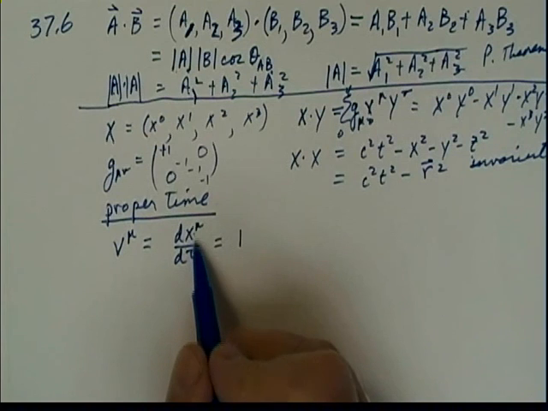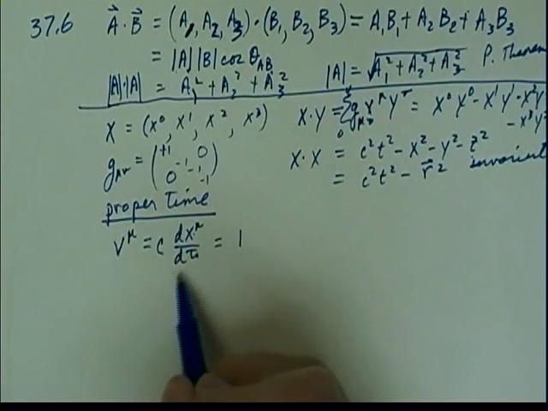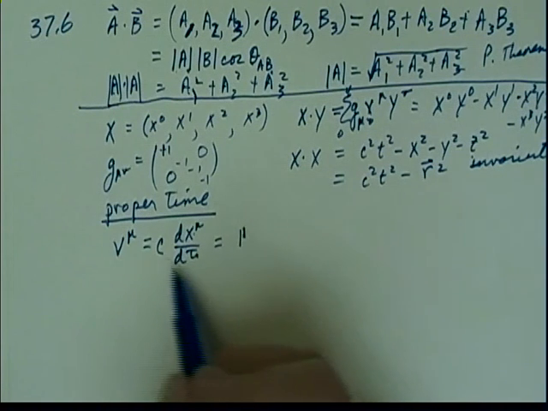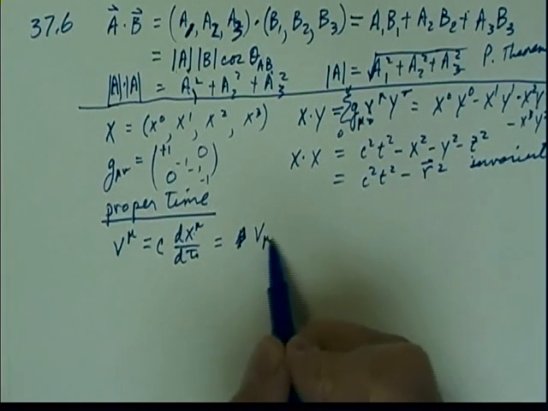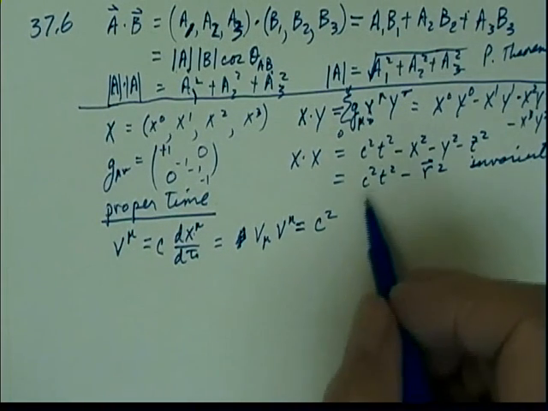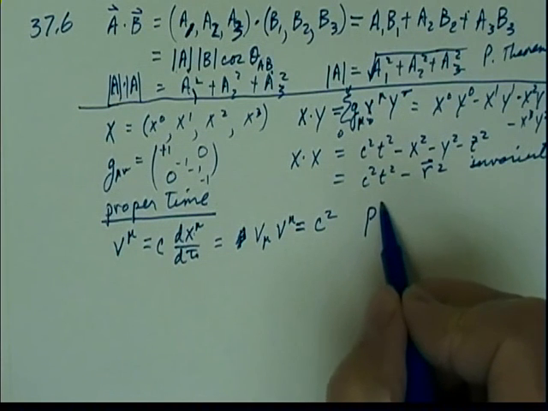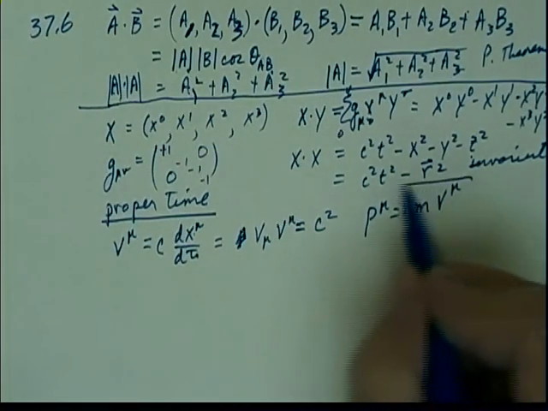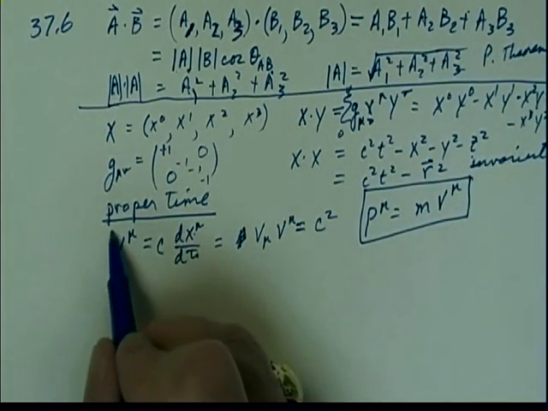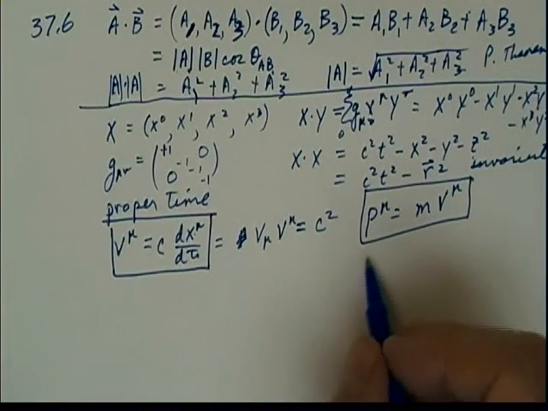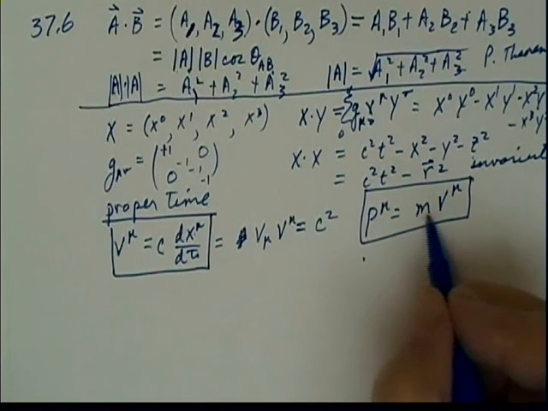So, since this is dimensionless, we need a value here like c to give it a speed that's comparable to meters per second. And so when we do that, this becomes something that has a length where v mu times v mu is equal to c squared and is invariant. Then we can define momentum, p mu, to be the mass of an object times its velocity. So this defines our momentum, this defines our velocity, and the momentum does give us this p mu,